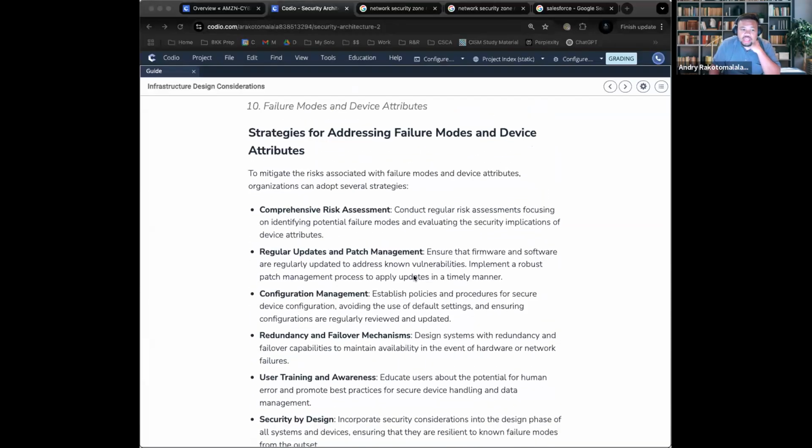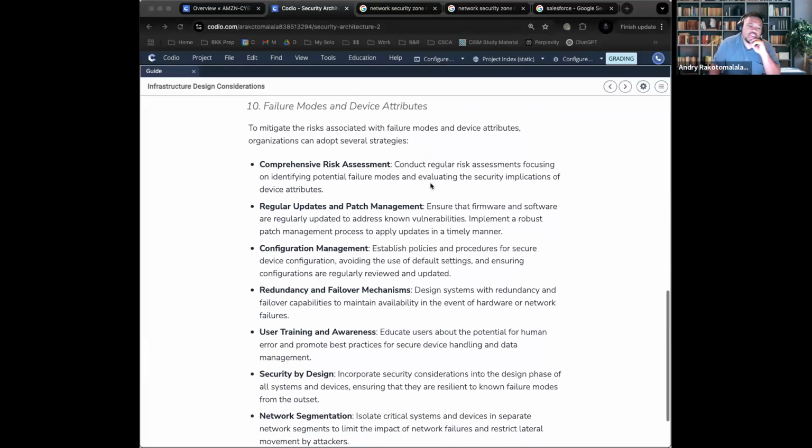All right. And then the strategies for making sure that you can address or mitigate any of these failure modes are, for one, you could do a comprehensive risk assessment. That means you make sure to check all the devices, check all the paths, check all of the patch versions. There is something in GRC called patch management.